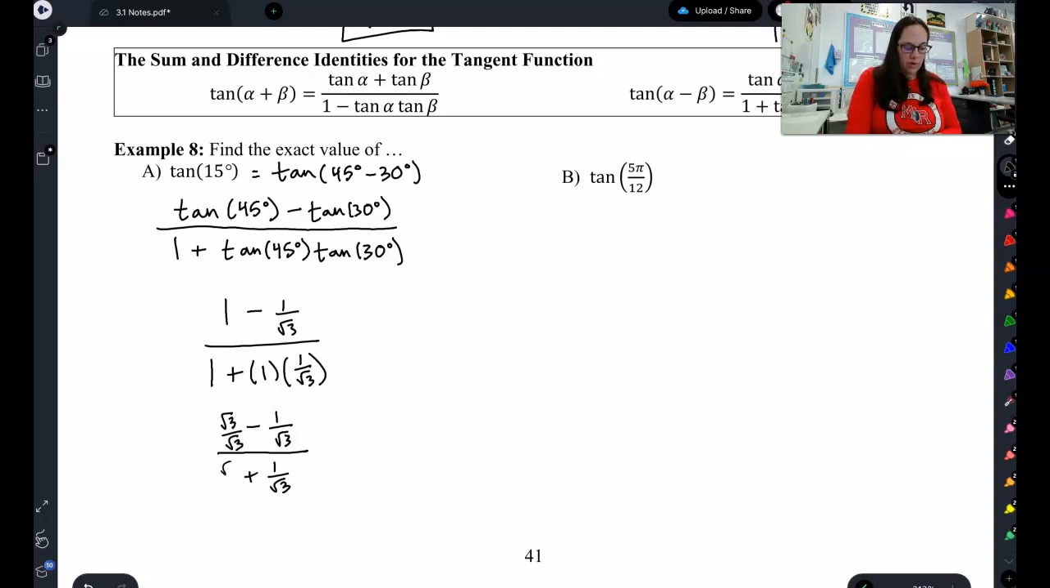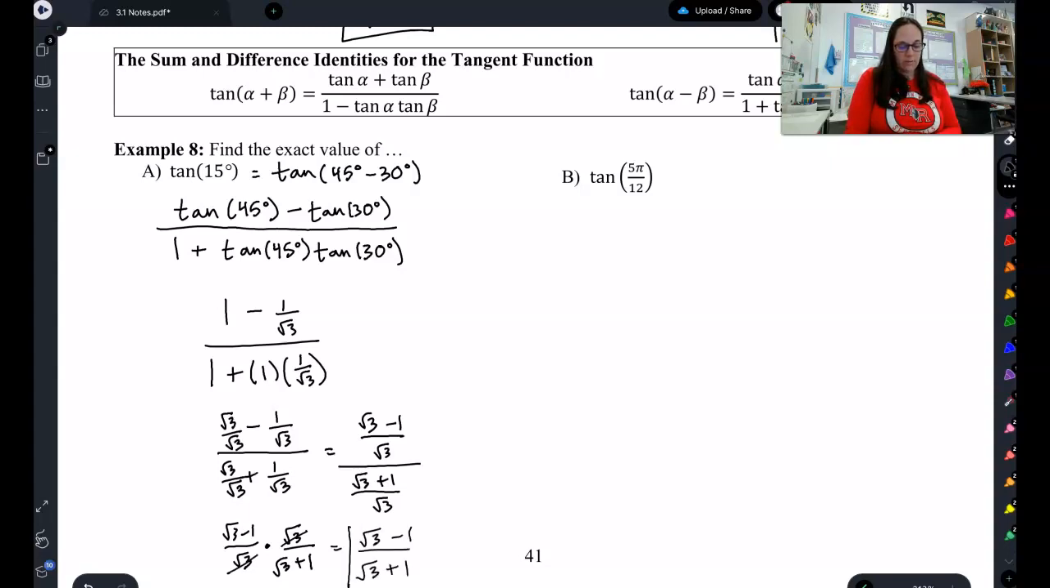Same with this one. So then I have a common denominator I can combine. So that gives me root 3 minus 1 over root 3 on the top, and root 3 plus 1 over root 3 on the bottom. And now I can do keep, switch, flip. Keep the numerator, switch to multiplying, flip the denominator. Oops, crossed off the wrong ones. Chill out, Shannon. Root 3's are gone, and I get root 3 minus 1 over root 3 plus 1 as